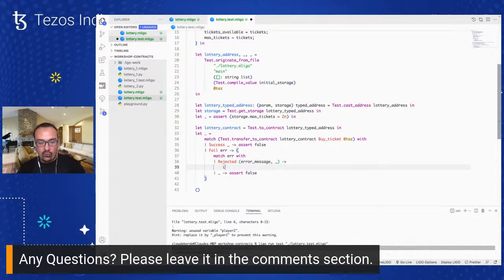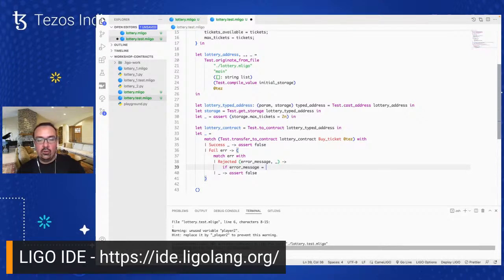So here we're going to test the message. If error message... here, error message is going to be of type Michelson program, so you have to compare it with another value of type Michelson program. So like we did above, we can use that method, the compile value one, and then we pass